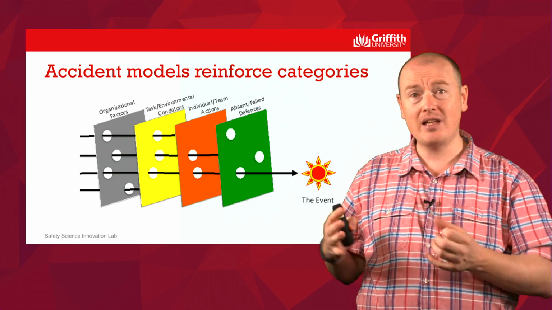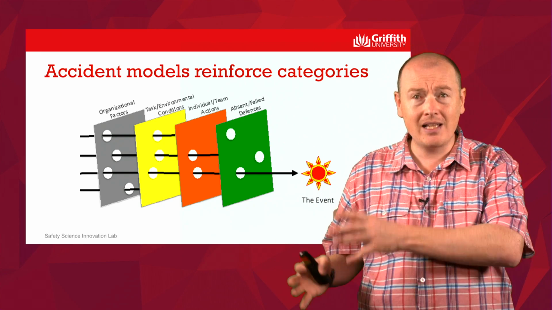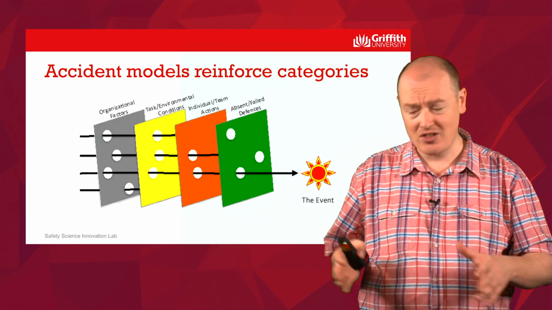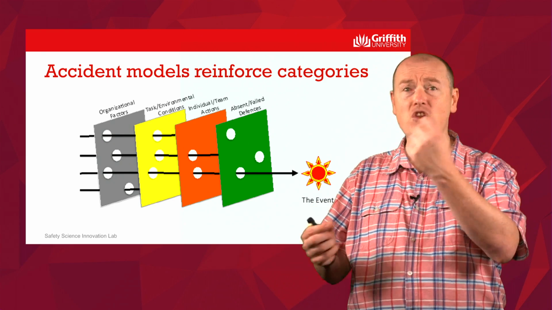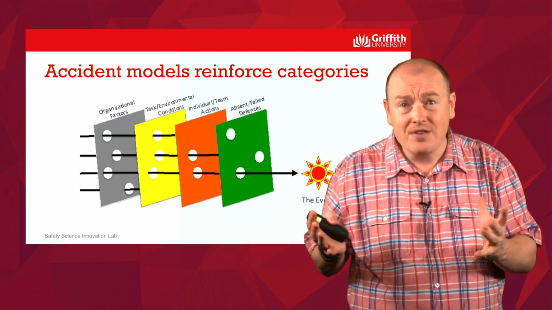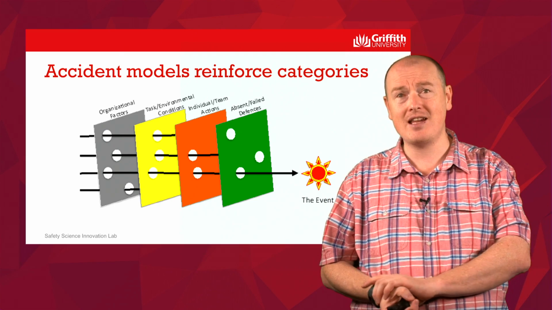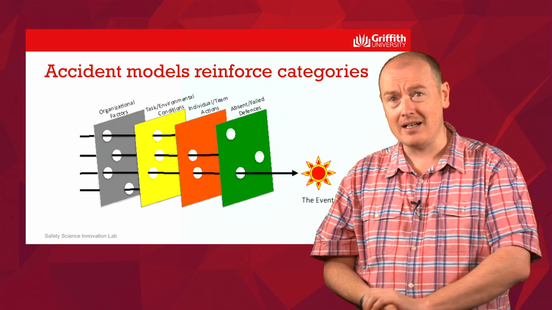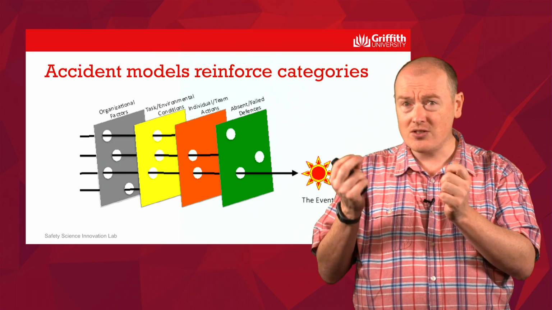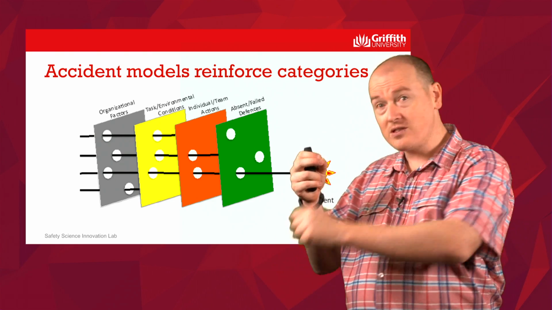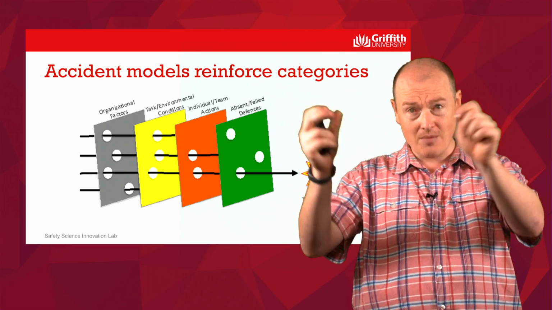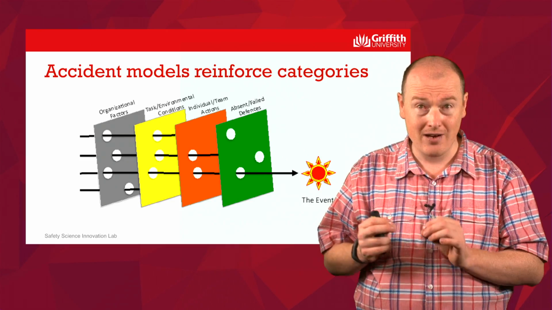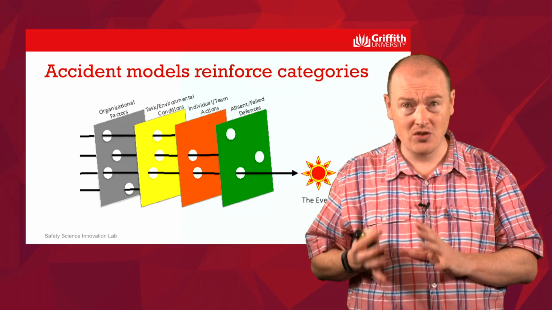Now, a good accident model will give us more fortune cookies in our bucket. It'll give us more explanations to choose from. Someone who has no training in safety, no experience in investigations, they look down in the bucket and, human error, that's all they have. Someone with a sophisticated knowledge of safety has many, many explanations they can choose from. This accident is an explanation of the theory of drift. This accident is caused by a loss of situational awareness, but situational awareness also has in here design of interfaces, glass cockpits. Different accident models, they don't take away this habit of using categories. What they do is just give us more categories to choose from.